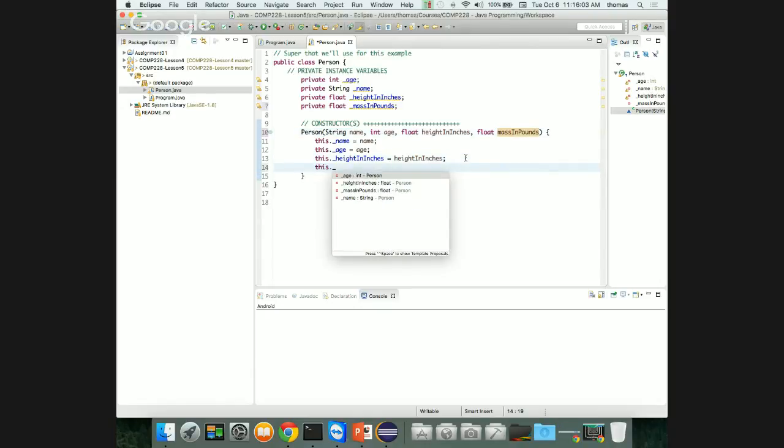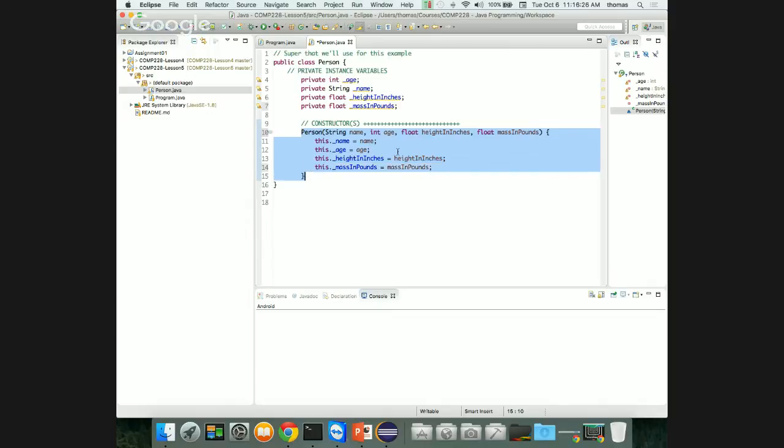This that underscore mass in pounds is equal to mass in pounds. Now, why am I using this? Why is this working? Because when I declare this in my constructor, anything that's here in my constructor, although they look the same, name, age, height in pounds, height in inches, mass in pounds, they are local variables that only live and die inside this code block, inside the constructor, right? So even though I'm making them the same name as these ones, that's why I've underscored these ones, right? To make them even more